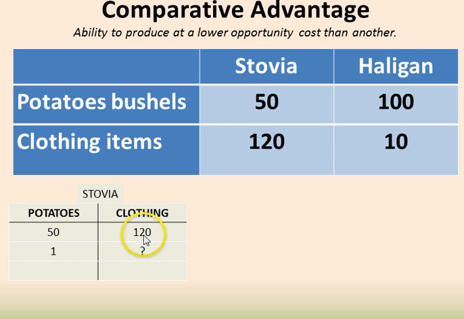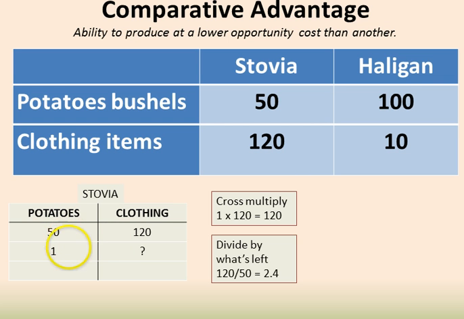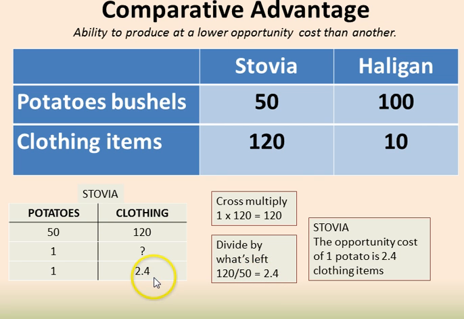So, as I said, as a proportion problem, I cross multiply, and then I divide by what's left. And this is going to tell me the cost of 1 potato in terms of clothing. And in this case, I discover that 1 bushel of potatoes is going to cost Stovia 2.4